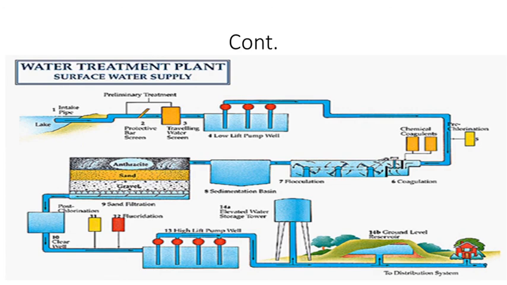The slow sand filter needs a large area, while the rapid sand filter needs a small area. The slow sand filter is used in rural areas, and the rapid sand filter is used in urban areas. The slow sand filter has a simple operation, whereas the rapid sand filter has a complicated operation. The slow sand filter has easy maintenance, while the rapid sand filter's maintenance cost is very high.